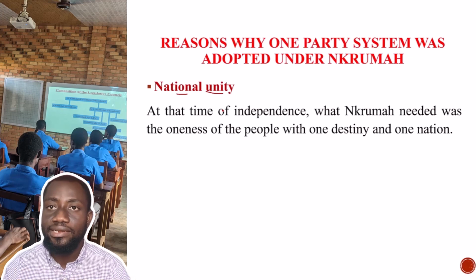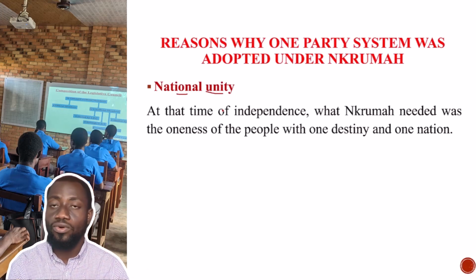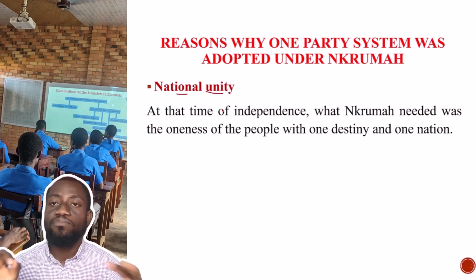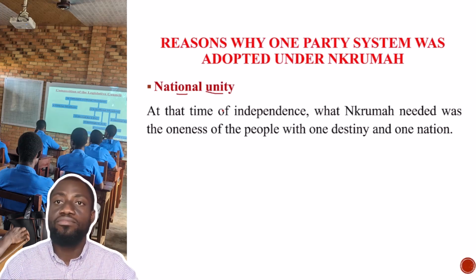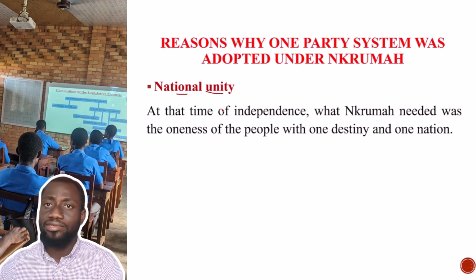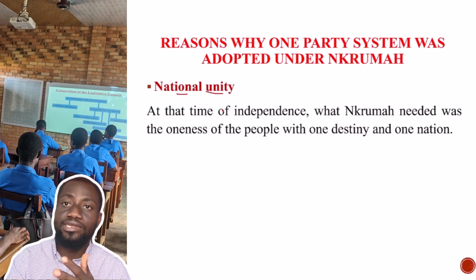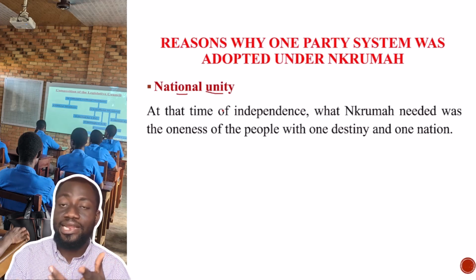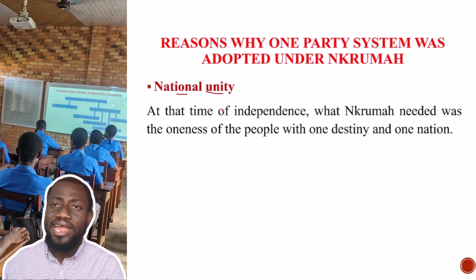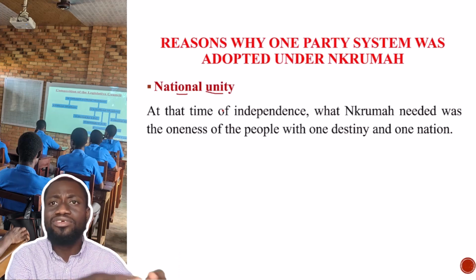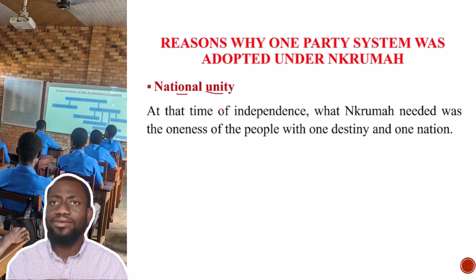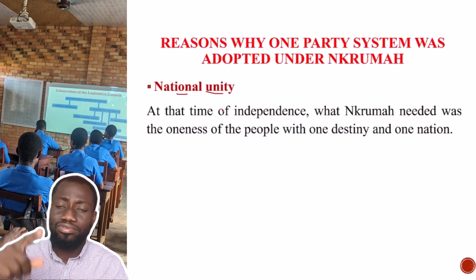That is what Nkrumah needed, and that was the way to go, I believe, because a lot of political parties were formed on tribalistic lines, ethnic lines, religion. We had parties like the Northern People's Party, the Anlo Youth Organization, the National Liberation Movement formed by the Asante, the Anlo by the Ewes, the Northern People's Party by those in the north, and the Muslim Youth Association or so.